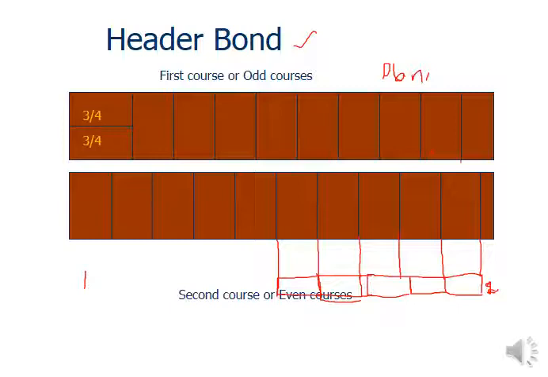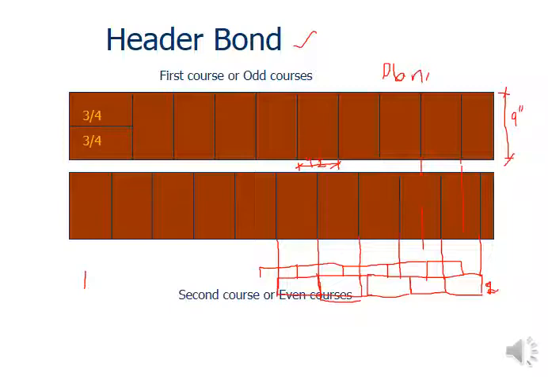So if we are going to draw just below that, in the front side you can see the header bond like this, exactly at the middle, and so on. The header, meaning the 4.5 inch dimension, is at the front side, and along the thickness of the wall that dimension will be 9 inches.